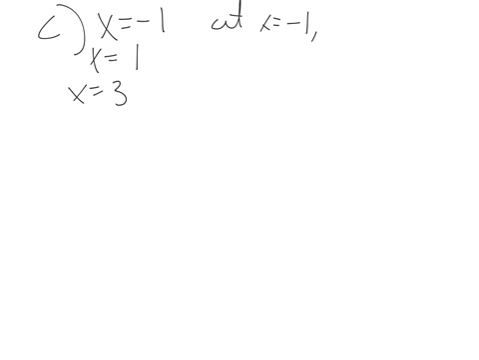Part C asks, find the x-coordinates of all the points of inflection for the graph of f. Points of inflection in the function look like maxes and mins in the derivative. So I see x equals -1, x equals 1, and x equals 3. And what you can say is that at x equals -1,